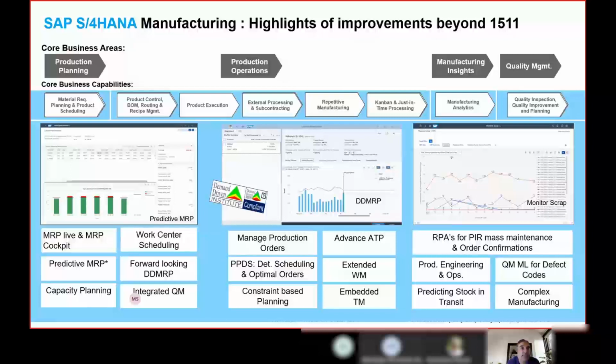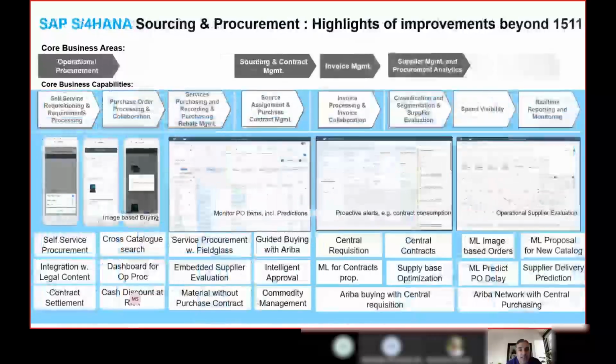So likewise, you can see in the overall manufacturing scenarios, innovations have been delivered in the core, and we also use new technologies like ML or RPA to make this process more efficient. And even totally new innovation topics like DDMRP have also been introduced over here, which is a totally new innovation. And again, you can see enhancements will be coming into these innovations in subsequent releases as well.